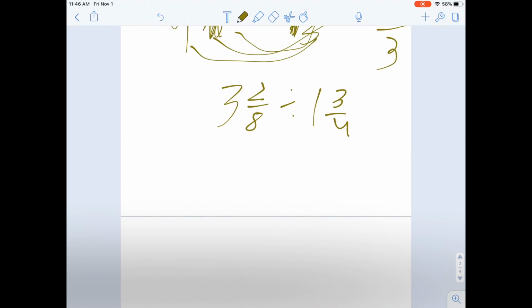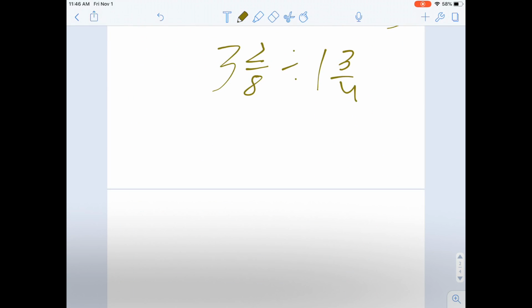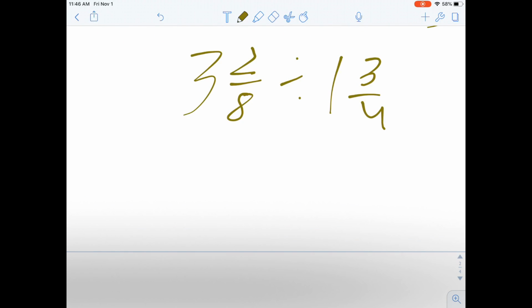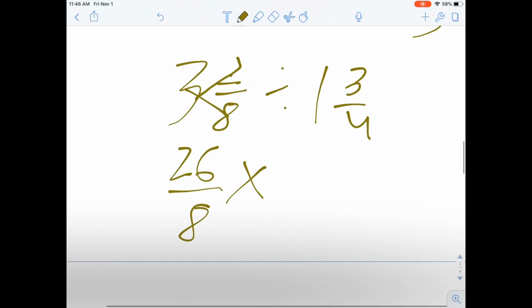Now on to mixed number division. So I change it to an improper fraction. In order to do that, I multiply the denominator by the whole number. So 8 times 3 equals 24. Then I add that number plus the numerator, which would be 26. And then we add on the denominator, so it would be 26/8. Then since we're still doing the keep it, change it, flip it rule, we change division to multiplication, and